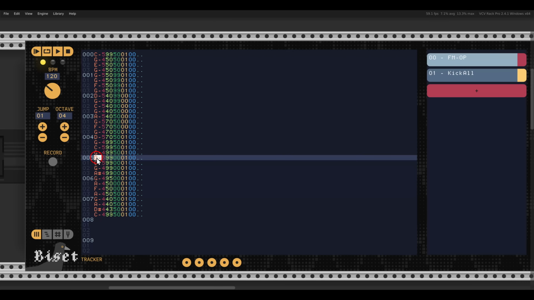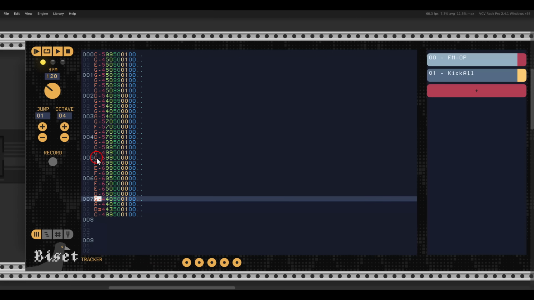So if I enter now a few notes, you can see it's written them with 0, 0 because I have the FM operator here highlighted. Right, so you can have on the same pattern multiple voices or instruments, and just pay attention that you enter notes with the right channel for the synth that you are using. Now soon enough we will deal also with the timeline, but for now let's take this another step forward with